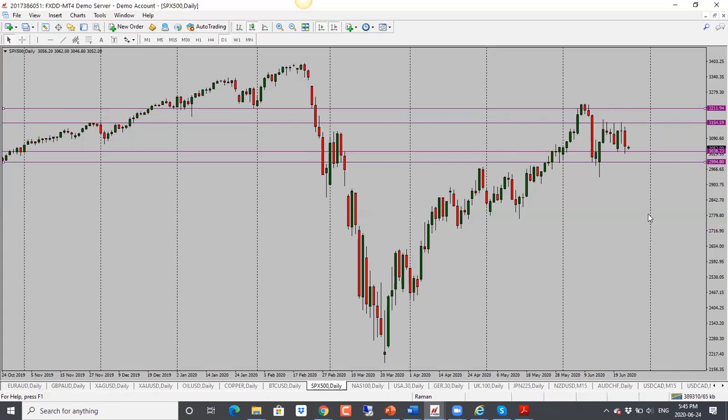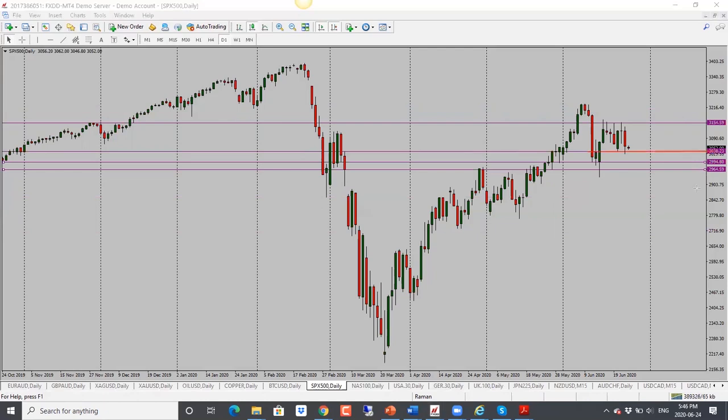Next target is 3,000, and then should it continue lower, we're looking at 29.65. Again, the caution will be the support level here. If it doesn't break, just like it did last time, we could see price move back into the range. So the move is still range bound. It is looking bearish though, so we'll keep an eye on this and see how things play out. For it to really be short, we have to see this break. So bearish bias for now for S&P 500.